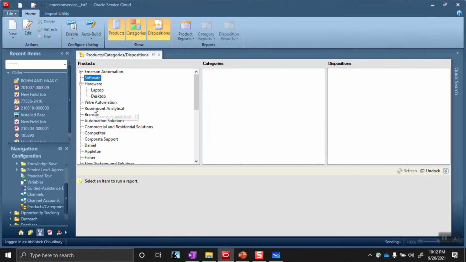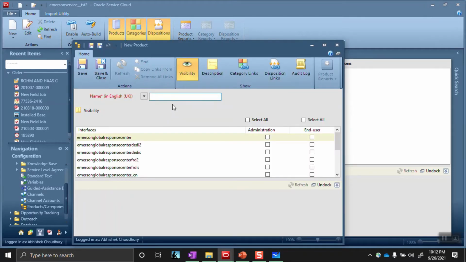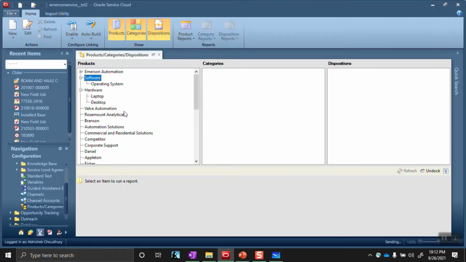Save and close. Then add another child, which is your system application, let's say. Okay, save and close. So these are our what is called the products.